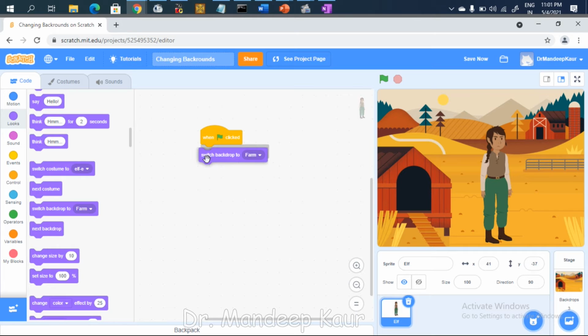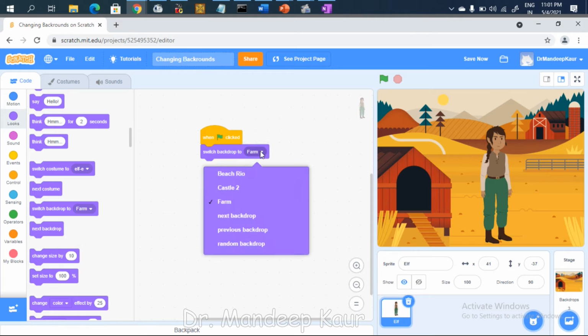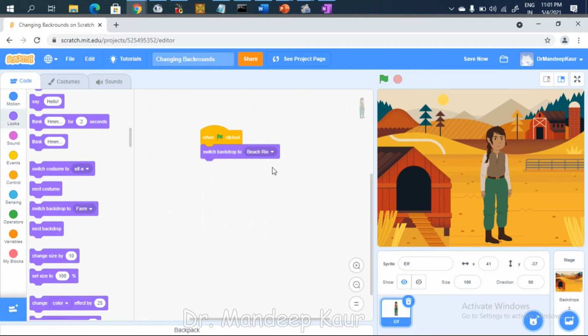You can select whichever background you want out of the 3. First of all I want a beach background. I want to wait here for some time.